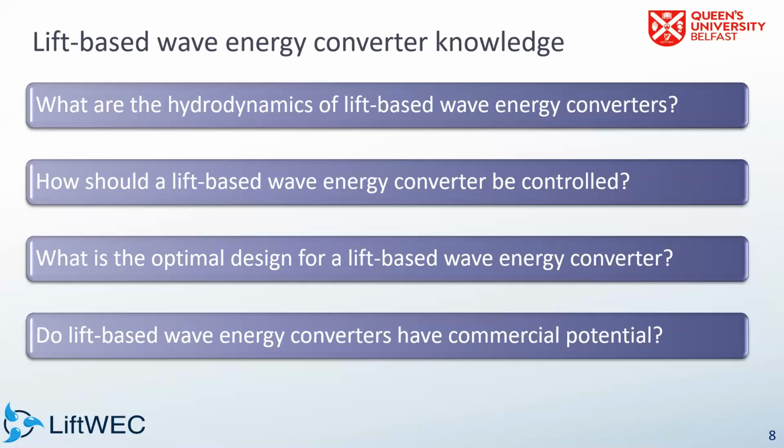And obviously the last question is critical: is there a commercial potential associated with this type of coupling with the waves? So can it be done economically? Do we think there's reasons to believe that it can be done, or that there is commercial potential for this type of technology? And if we go through these,